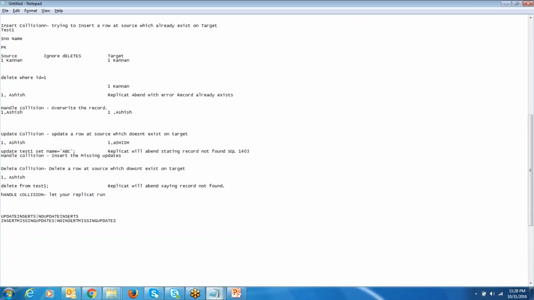There are certain scenarios in your environment where you want to convert your updates into inserts, so you don't delete the data on the target database. However, when new data comes, you want to keep that data. In that scenario, you use update inserts. Similarly, insert missing updates is very useful in real time as well. Sometimes the source and target are not matching. In that scenario, you may want to use insert missing updates,